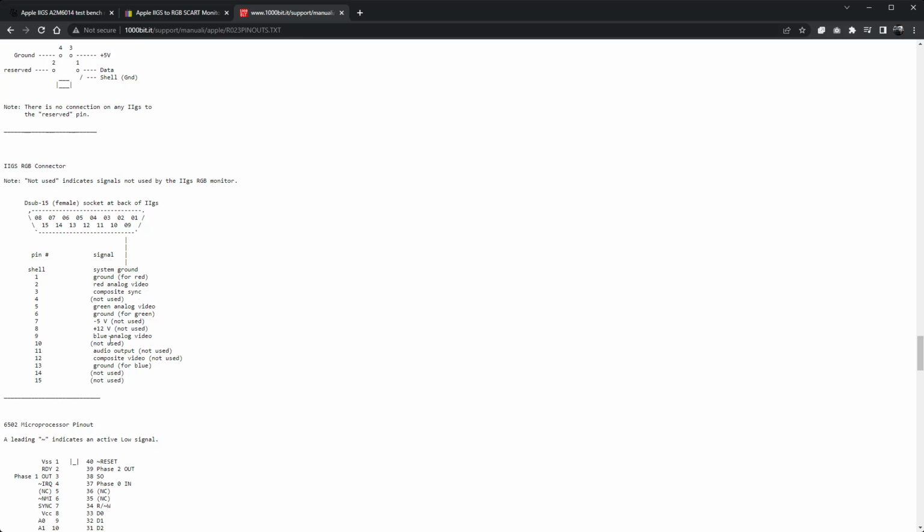Now, if we look at the rest of the pinout here, we have, what do we have here? We have audio output not used. So I was looking for a spare pin to put audio out on the SCART connector, because at the moment the user's got no sound whatsoever when he uses the RetroTink. I think he was taking audio from the legacy monitor jack, but using SCART, you might as well get the audio out on it. So that's what I'd like to provide for him. And we've got an audio out pin on pin 11. And I'm assuming that's not going to be grounded at the monitor end,